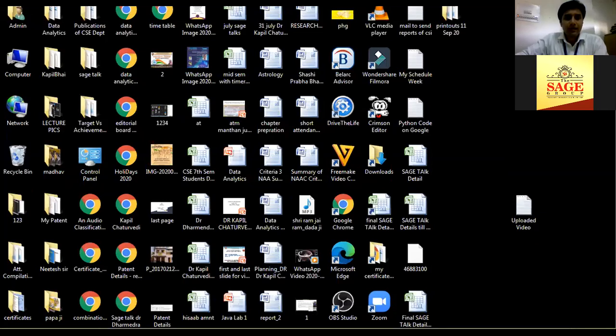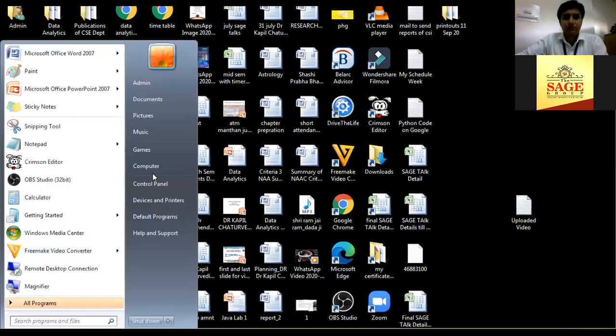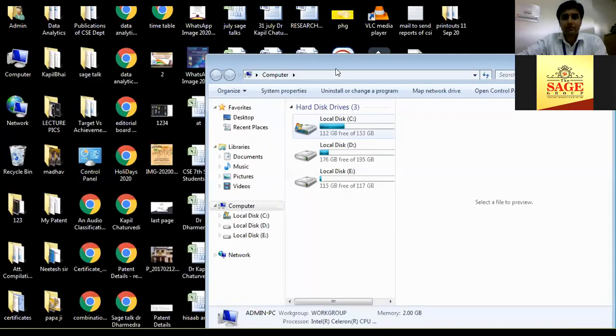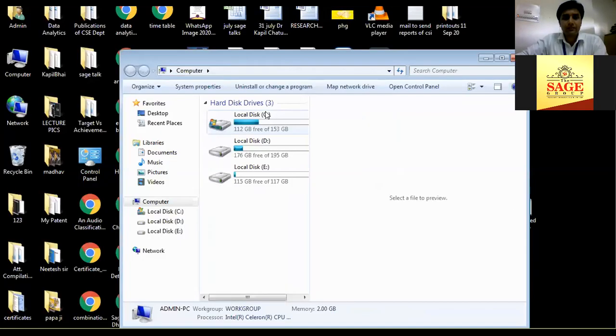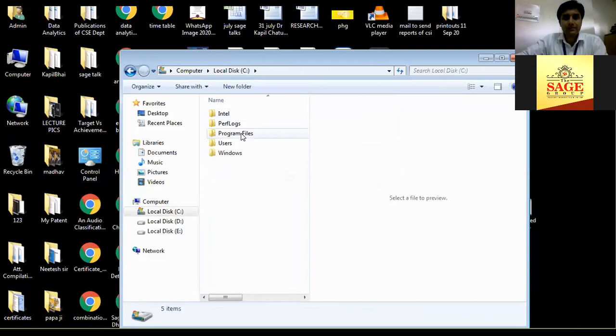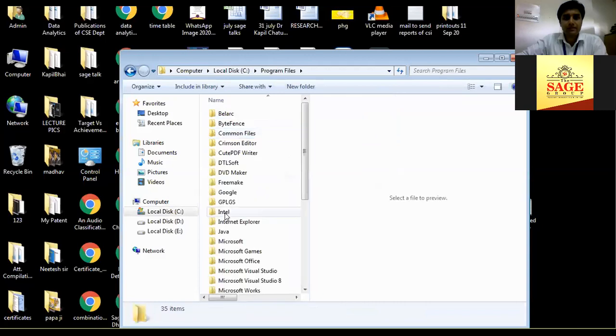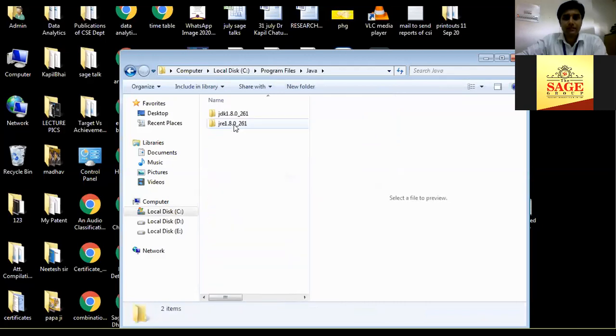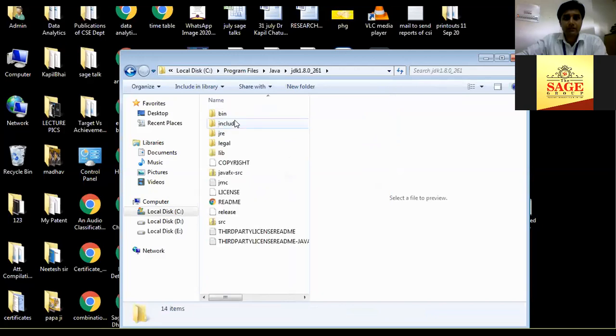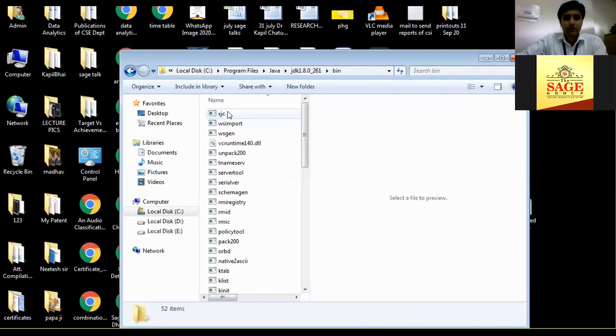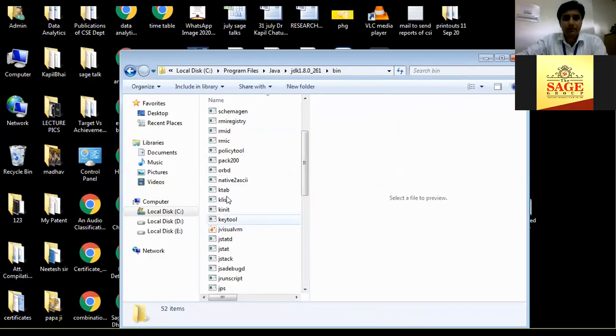First of all, we have to ensure that Java is properly installed or not. So we go to My Computer, click on C drive, Program Files, then Java, then JDK, then bin, and here we see the javac file.